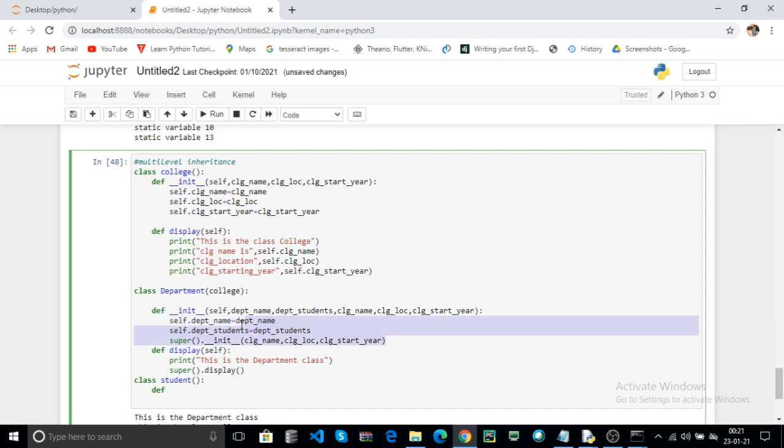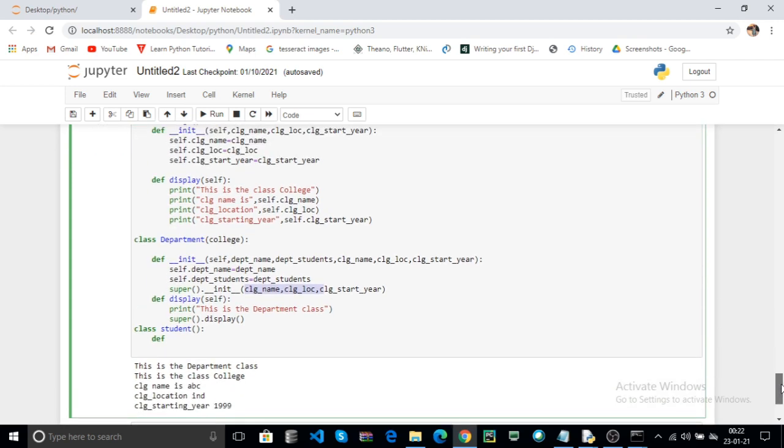Here in the department constructor there is no college name, college location and college start year. After you use the college name, college location, college starting year in the constructor in the department class, here you can pass the arguments to the department class. The college name, college location and college start values are placed into your parent constructor.